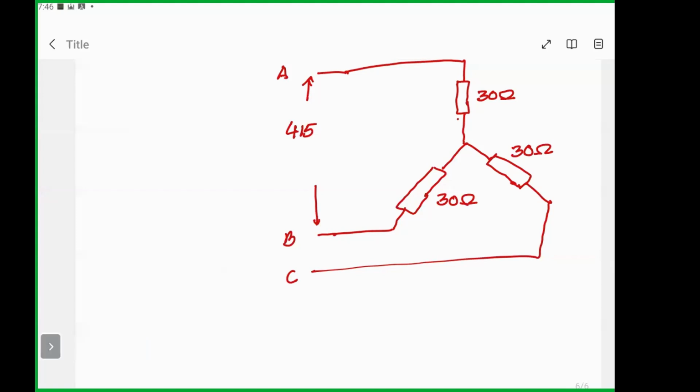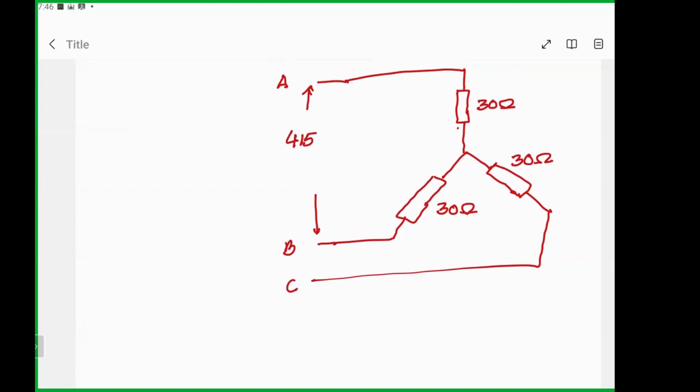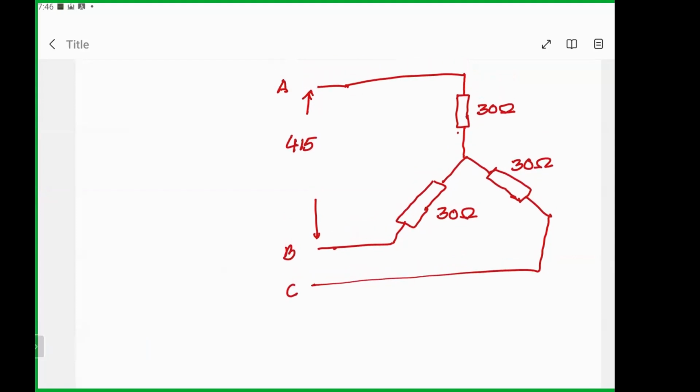So this is the question. You are given the line voltage, 415, and you are asked to find out the phase voltage. That means the voltage from A to N. So you need to find out VAN